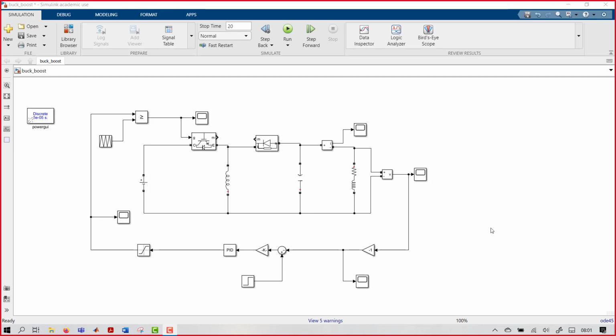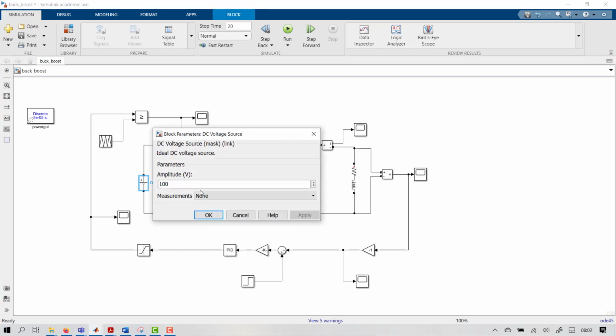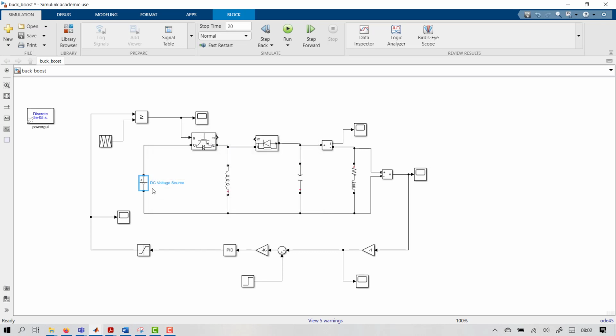Yeah, listen carefully. What I'm trying to do is first simulate the buck boost converter. Buck boost converter in the sense it has to buck the voltage as well as boost the voltage, so both operations have to be done. That means I should give my reference for bucking as well as boosting. For example, I am giving 100 volts as an input. Now I want to give a reference of 50 volts as well as some 300 volts, such that I should get my output according to my requirement.